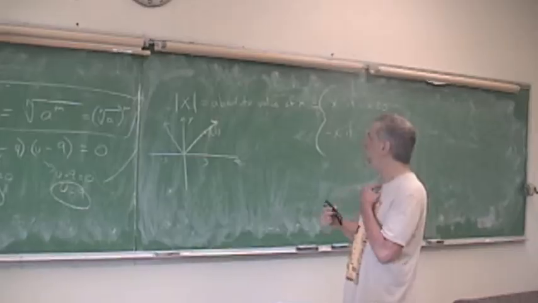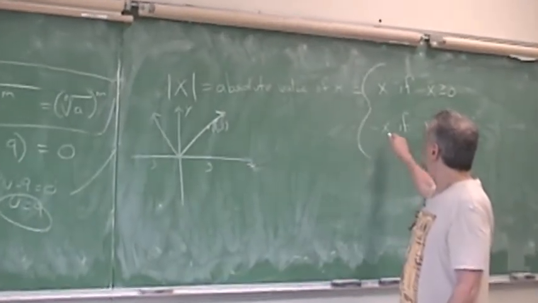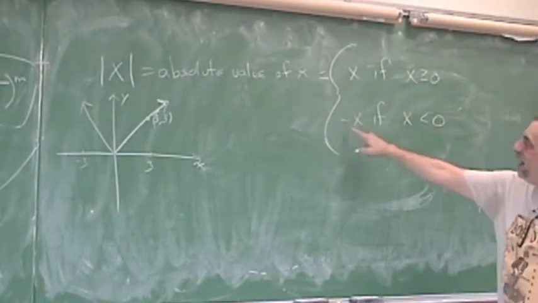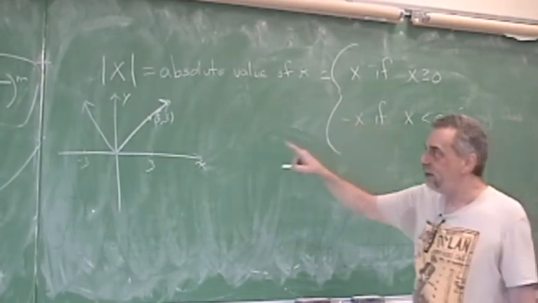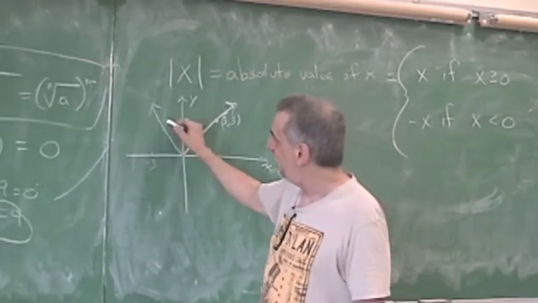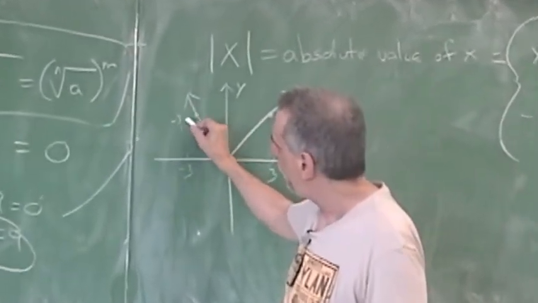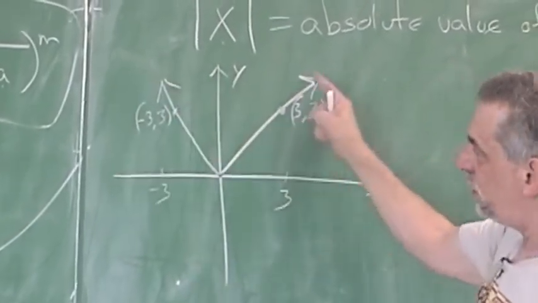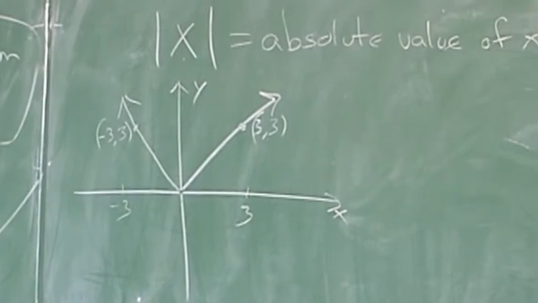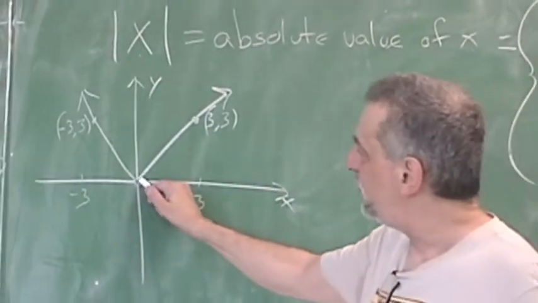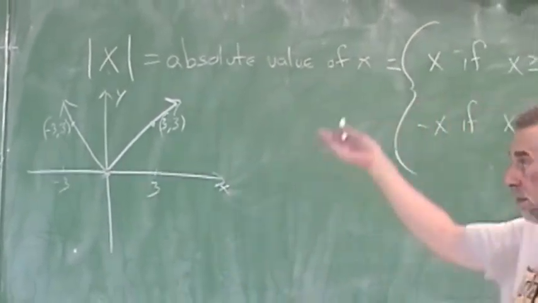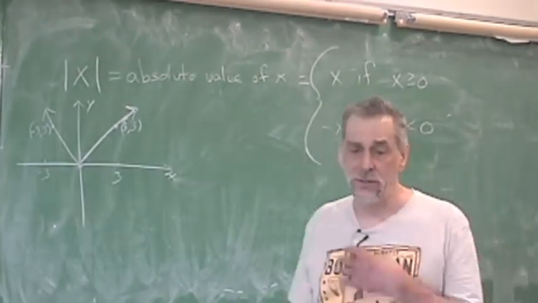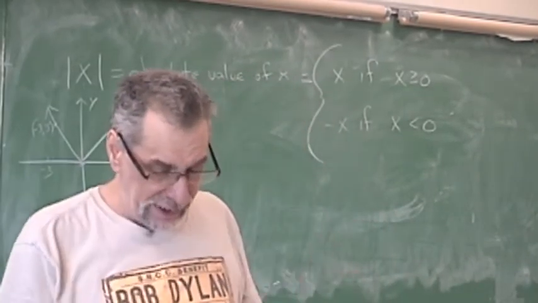So over here at negative, we're talking about if the value within the brackets is negative, if it's less than 0, we take the negative of a negative. So negative 3, we also get a positive 3 for the absolute value. Right? So it's always above the x-axis, it's always going to be positive or non-negative. Right? It can be 0, absolute value of 0 is 0, but it's always going to be non-negative. So when we solve absolute value equations, we have to deal with that